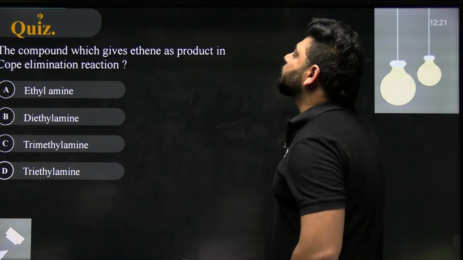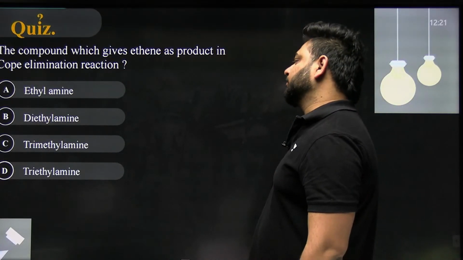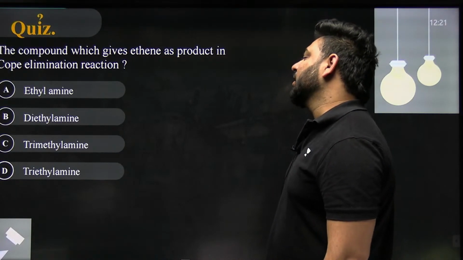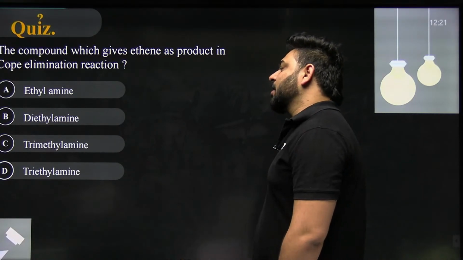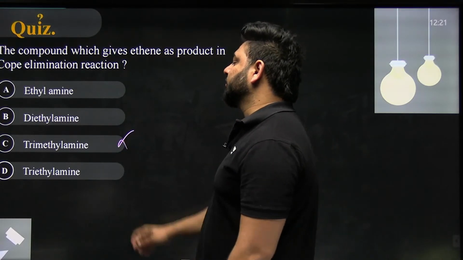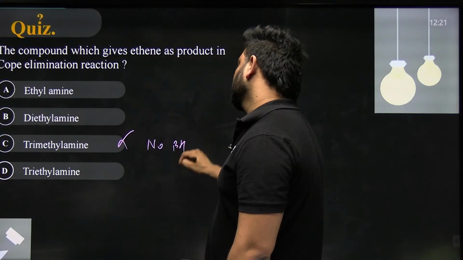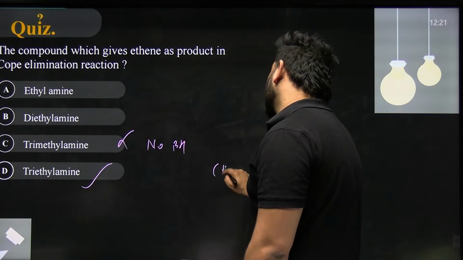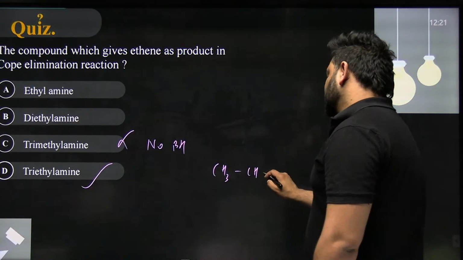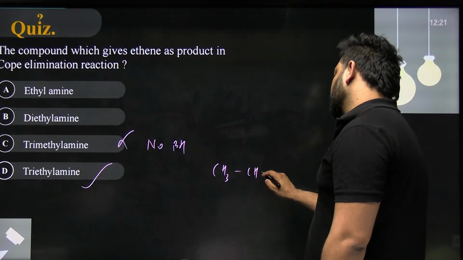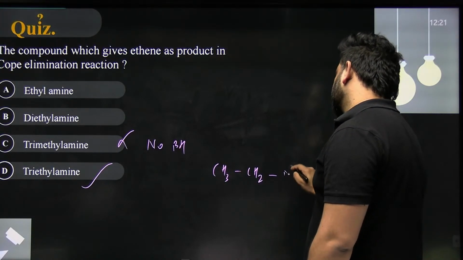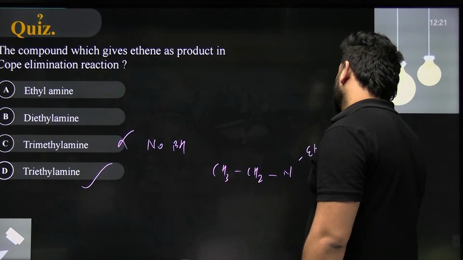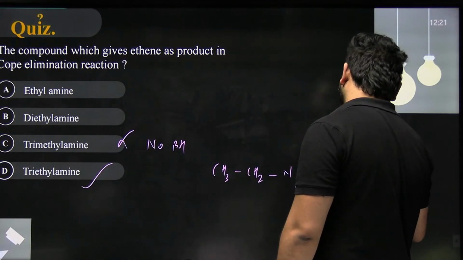The compound which gives you ethene as a product in Cope elimination. So you have to find out where you can get ethene. First of all, it should be tri-substituted. If it is trimethylamine, it will give no reaction because there is no beta hydrogen. But yes, triethylamine could be a good answer. All of these groups are similar, so there is no hesitation in deciding which group has to be removed. This is gone like Et, and this is also Et. One more Et, and if we are heating it,